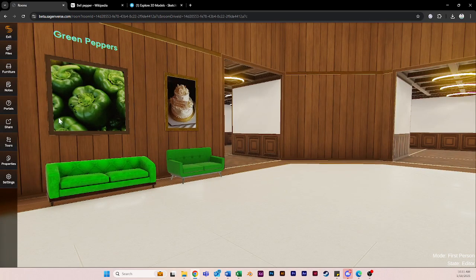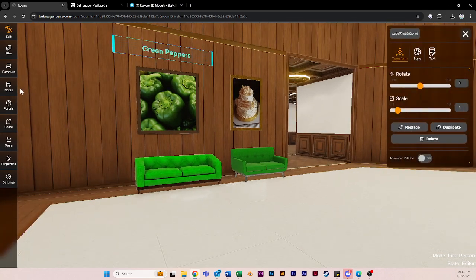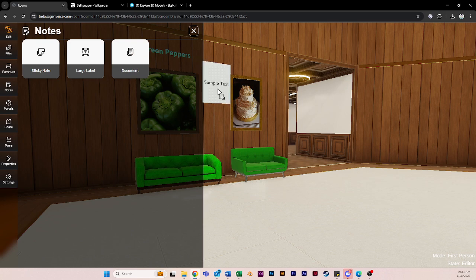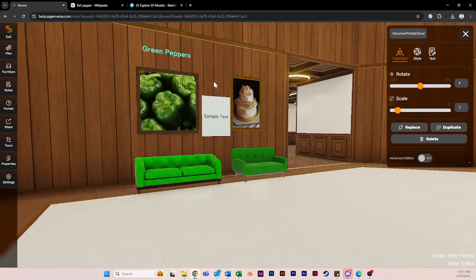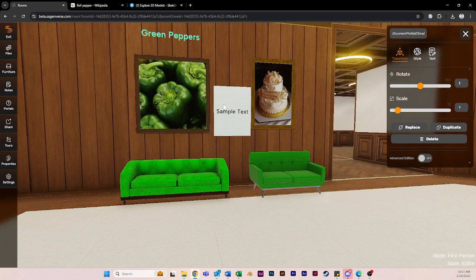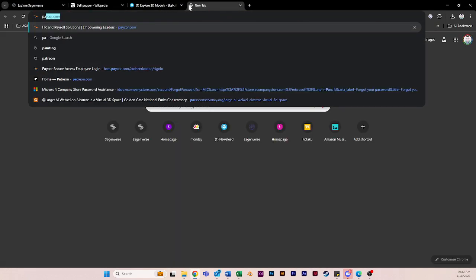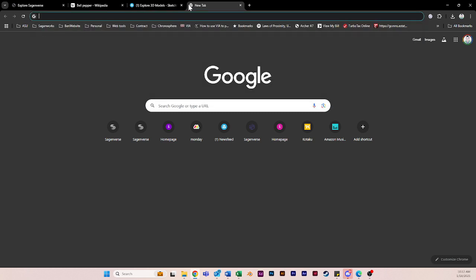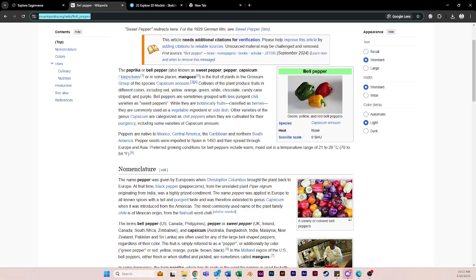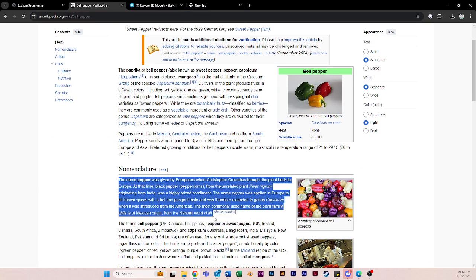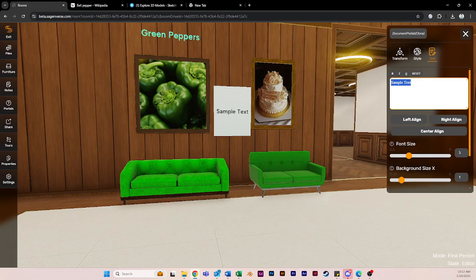So that is basic notes here. We have a couple different types. We have a document that will be designed for background colors and smaller text. So if you were to go get a paragraph of text, let's go to Wikipedia again and grab some text. So if I was to grab this paragraph of text and copy that to my clipboard, I could paste all of that text into here,